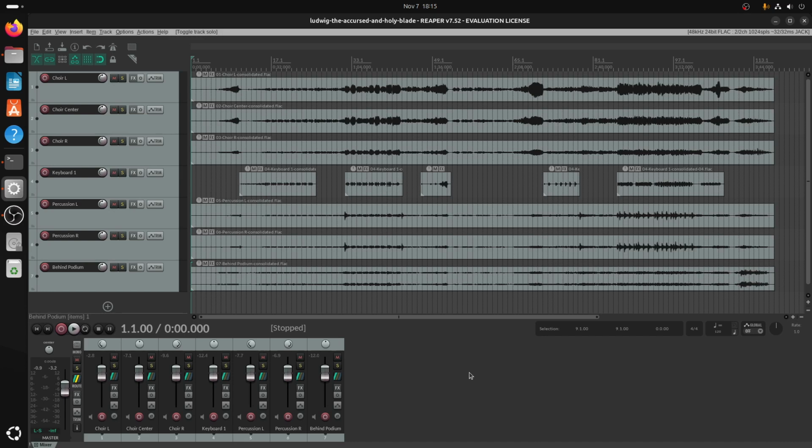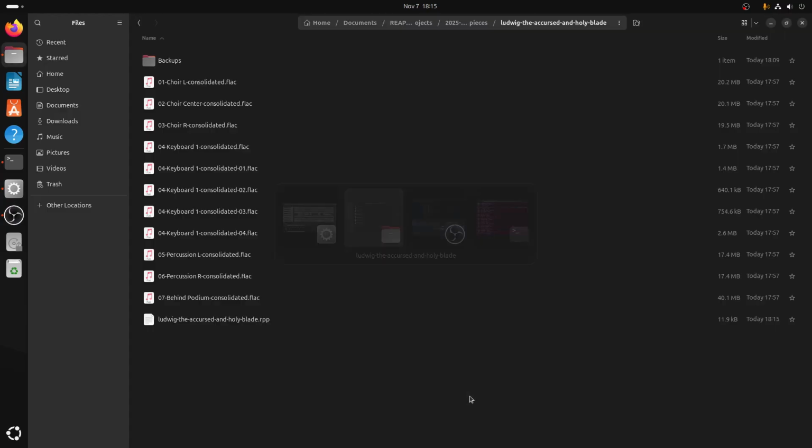We're going to start off with an orchestral piece. But before that, I wanted to go over some of the file structure for Reaper projects. So this project I'm working on, Ludwig, the Accursed, and the Holy Blade,